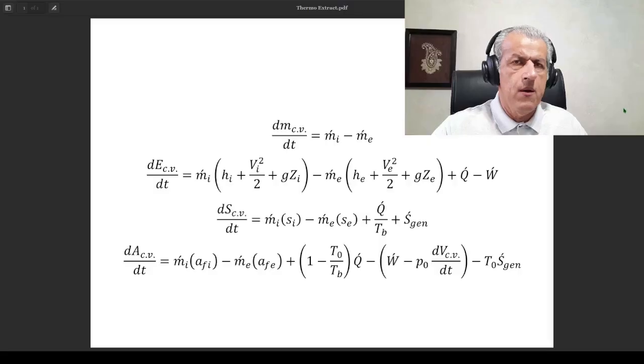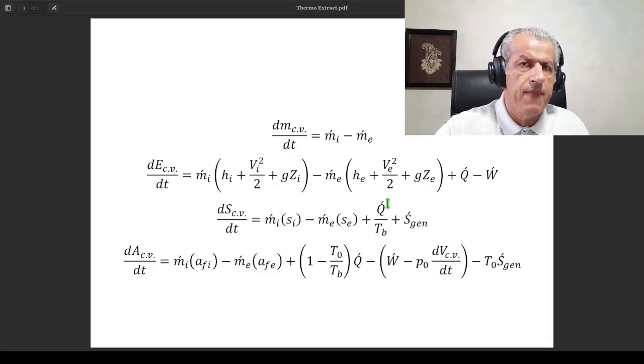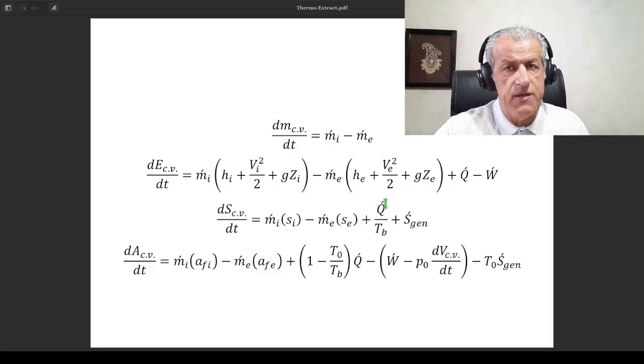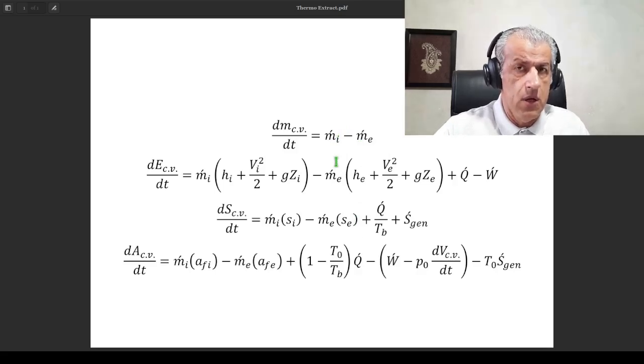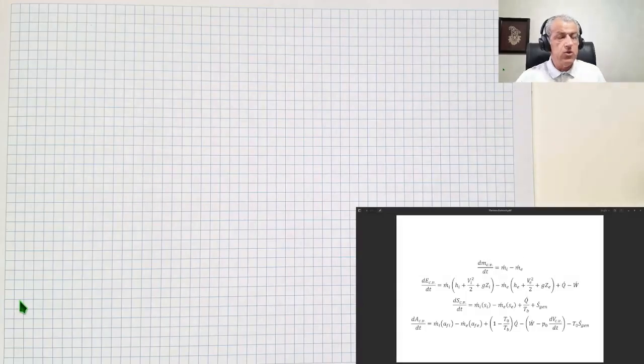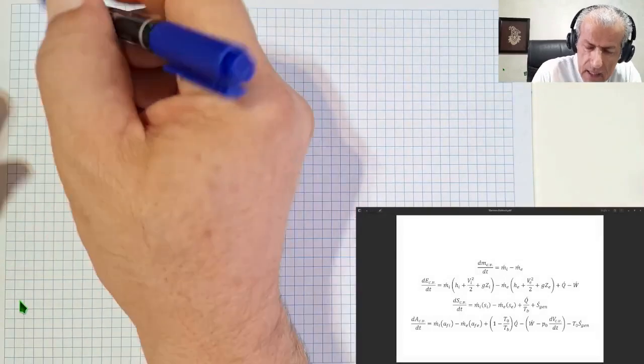Well, our next step is to simplify the governing equations. For this problem, we need the first three equations. As for a nozzle, the first step that we have to take is to decide on a control volume. And the point with the control volume is that usually for nozzles, they draw the